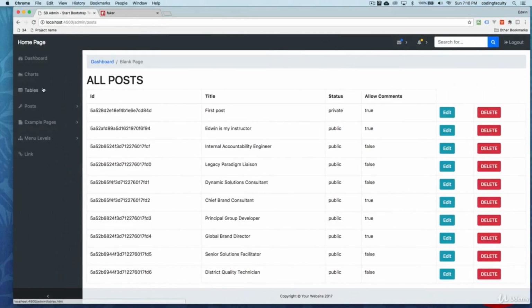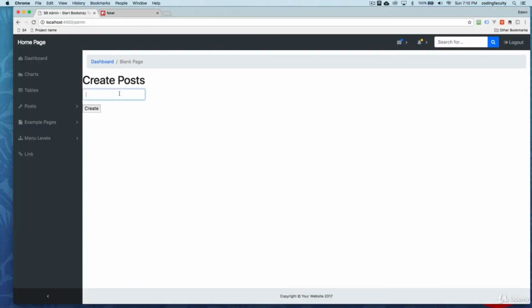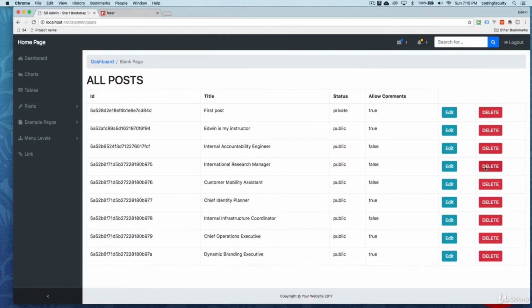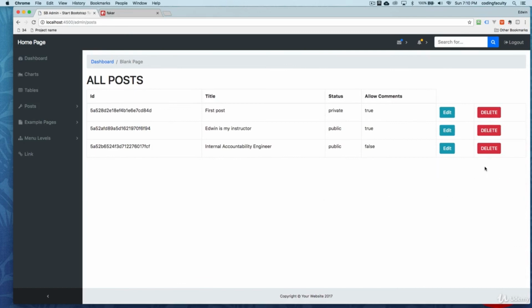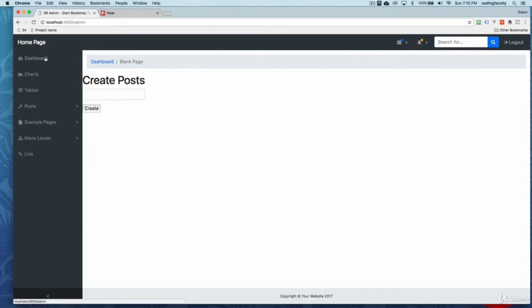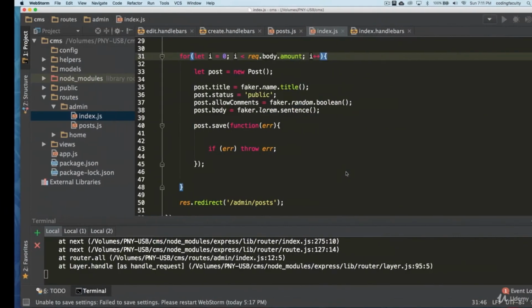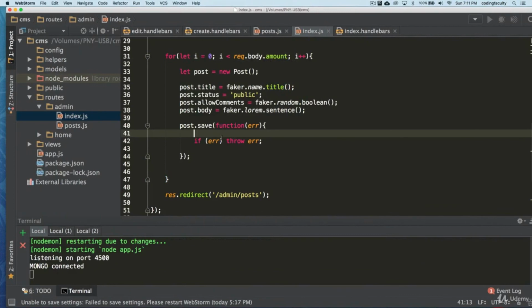Okay, let's play around with it now. Oops, there we go. Let's do 20 posts, create. Yep, I think that works. Let's delete a couple of them. Maybe, let's see. It would be nice to have a multi-delete functionality, right? So let's go ahead and create 100. Yeah, it's working now. Yep. So that was the issue there, promises. So we need to do it this way.